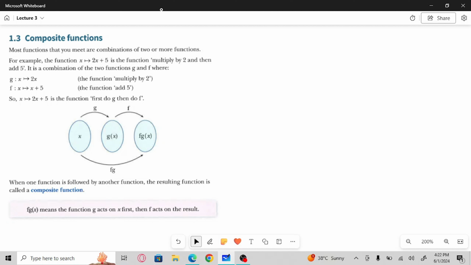So, what are composite functions? Composite functions occur when another function is done on the result of a previous function. Let me give an example to clearly explain this. For example, we have a function g, which maps x to x plus 3, and another function f such that x is mapped to 3x. Now if the question requires us to find this: